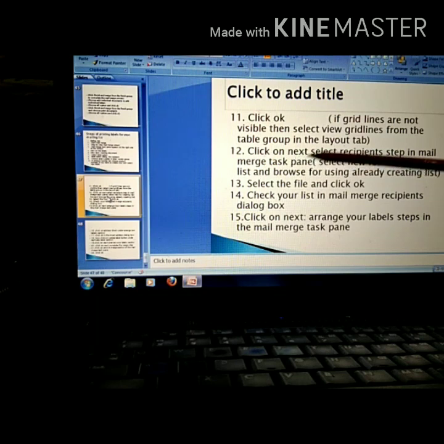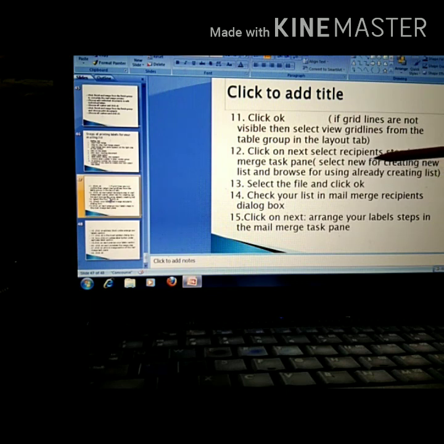Next is the next step, select recipient. Now label designing is done, recipients we have to select. So for this select the next step, and there is select recipient. When you click on this one, the next window will appear. In the next step, 3 options are there: create a new one, or you can use the existing one, or you can use Outlook contacts.